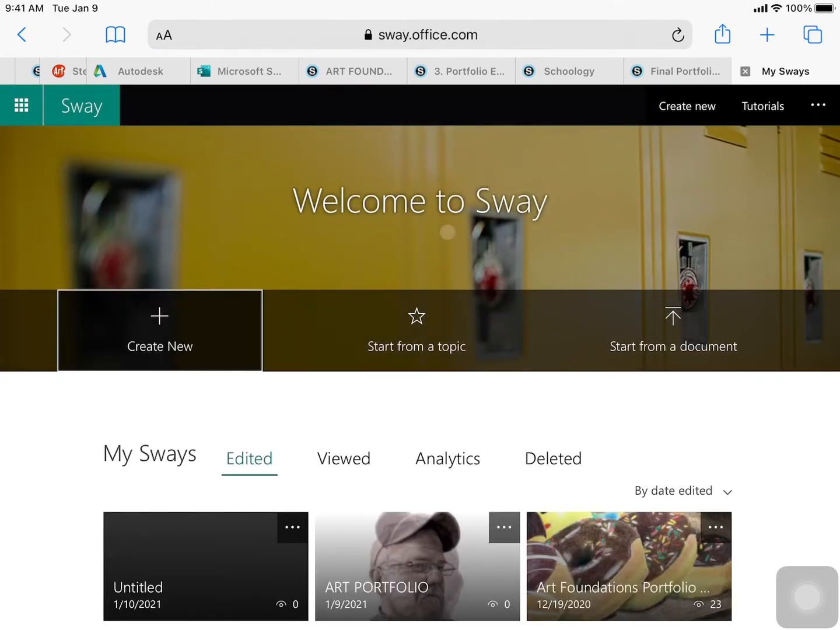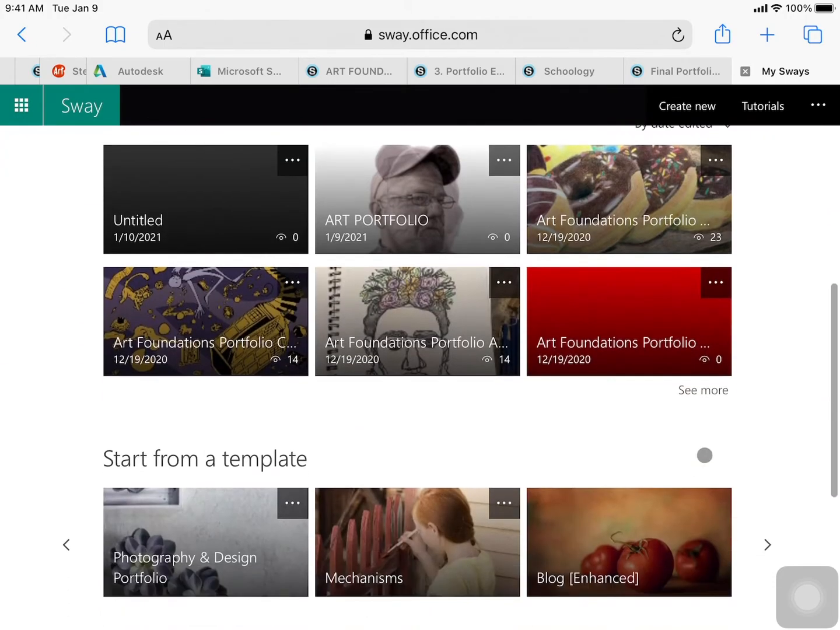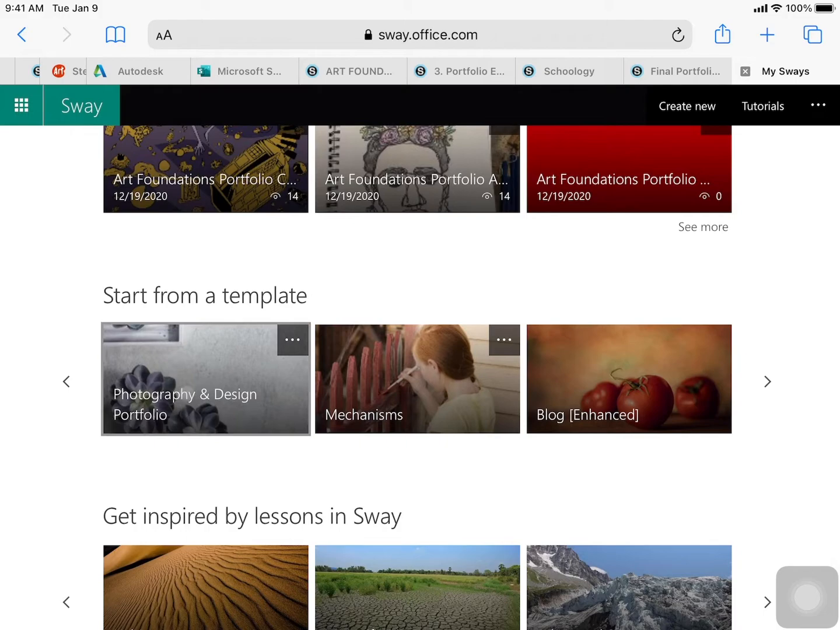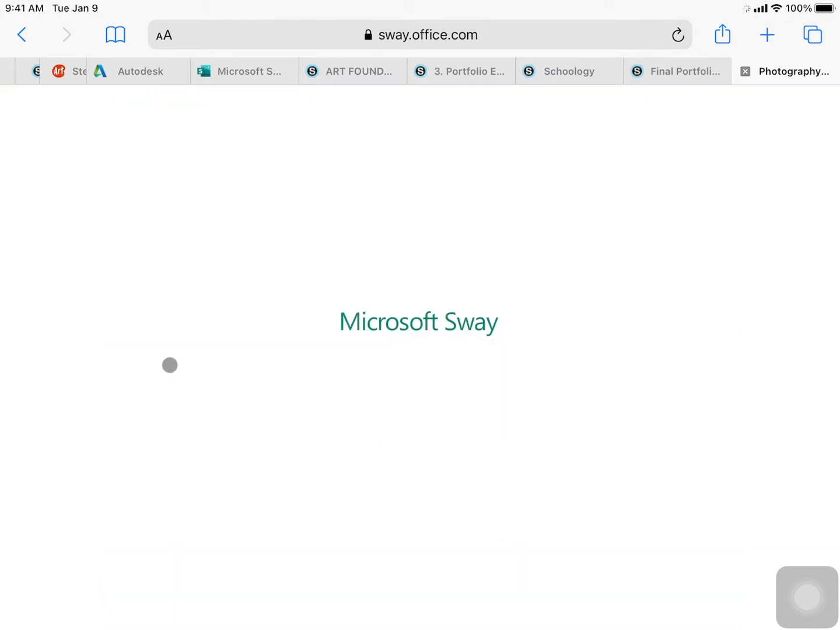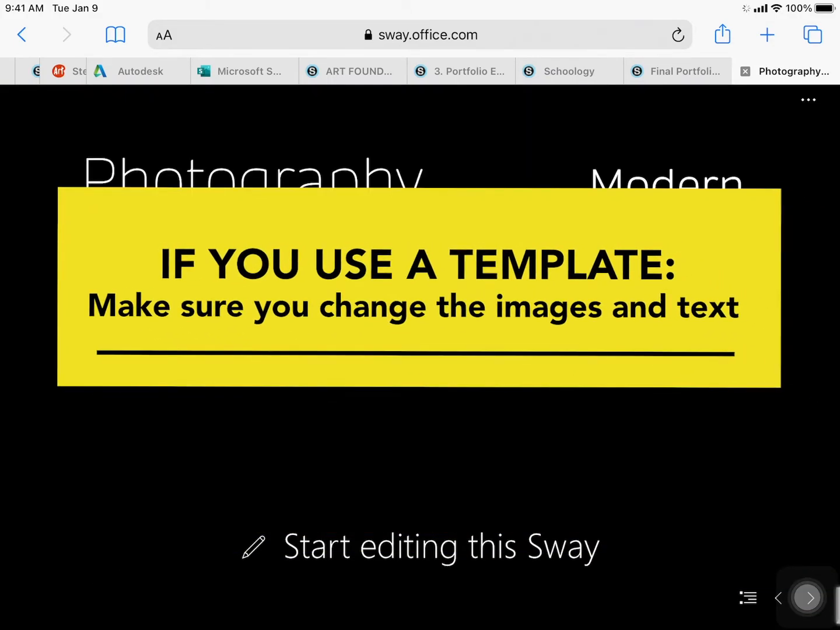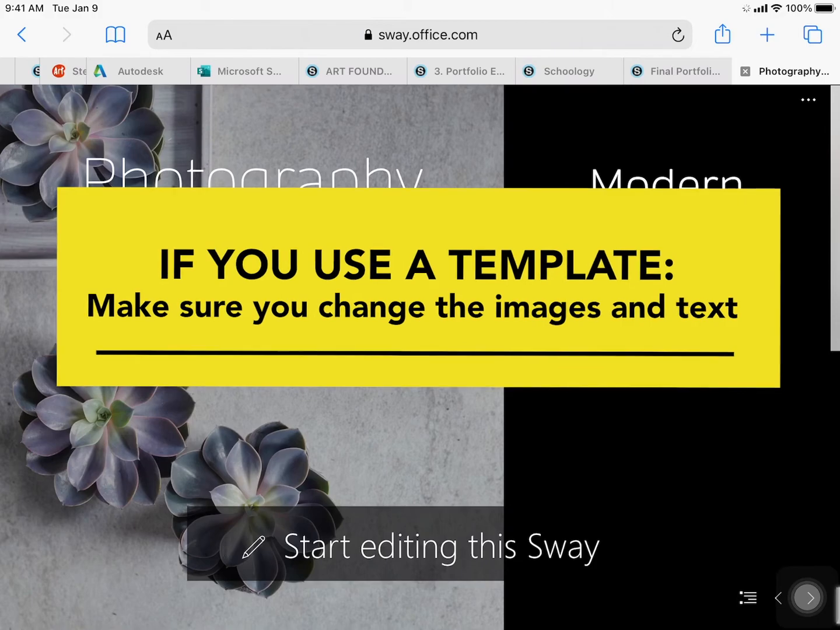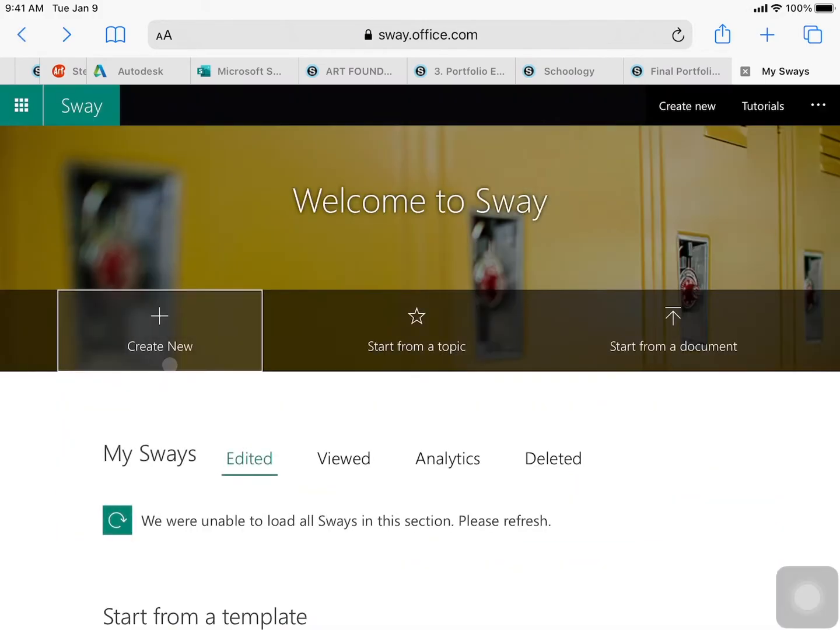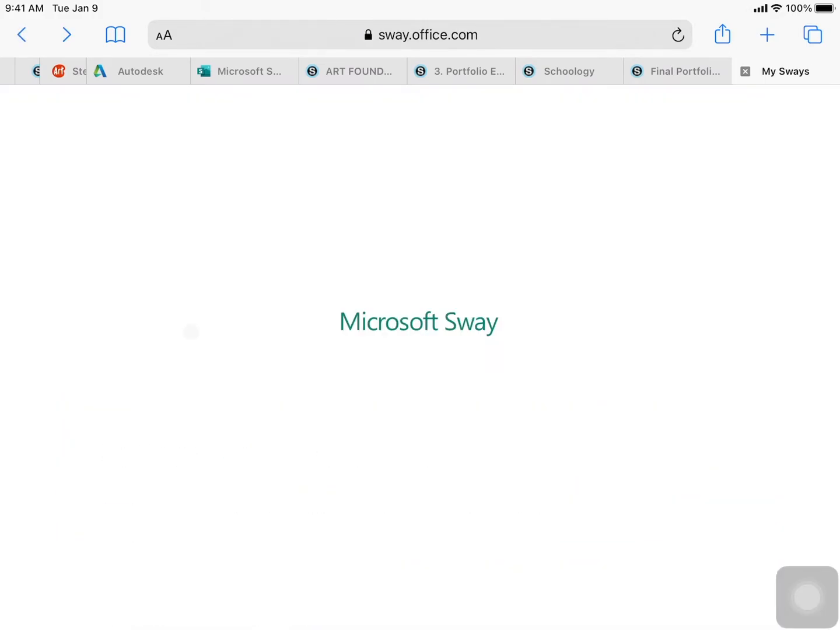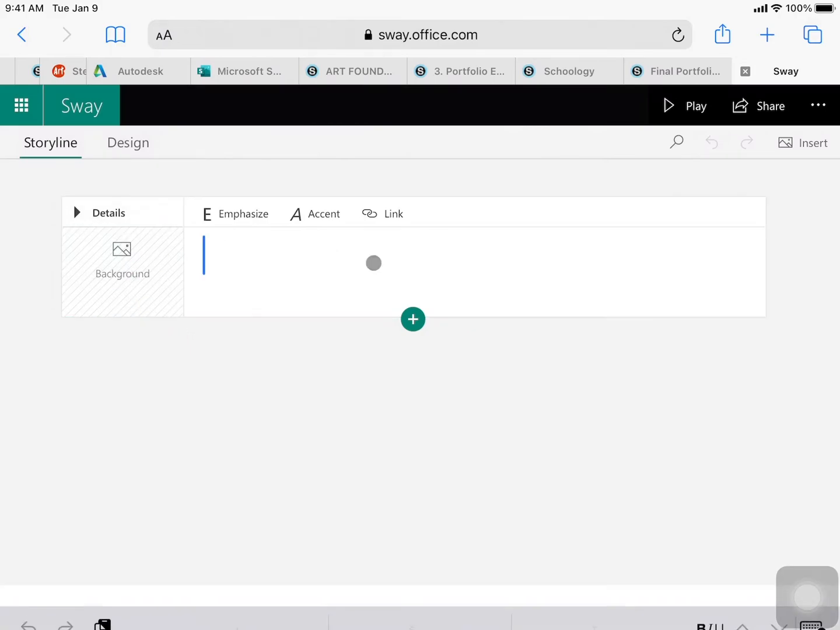Now you can either select create new or you can choose to start from a template. This is a photography and design portfolio template, so if you want to streamline this and make this really quick, you can select this and you can see it actually gives you the different fields and background imagery. I'm going to go back and I'm actually going to choose create new. Now I'm going to title my Sway